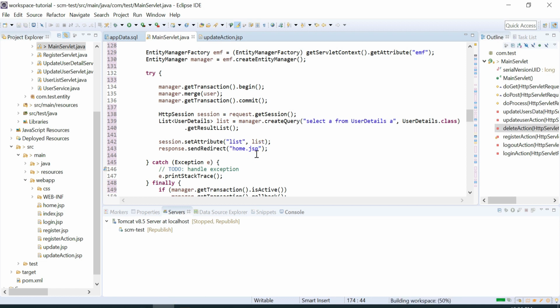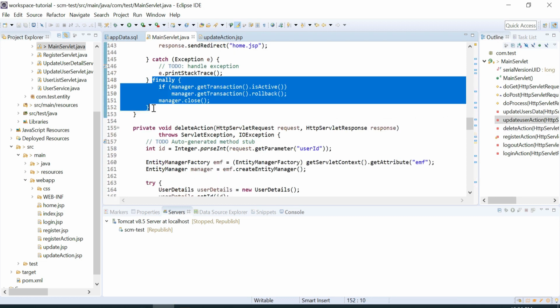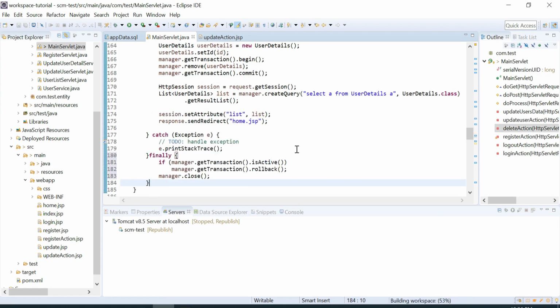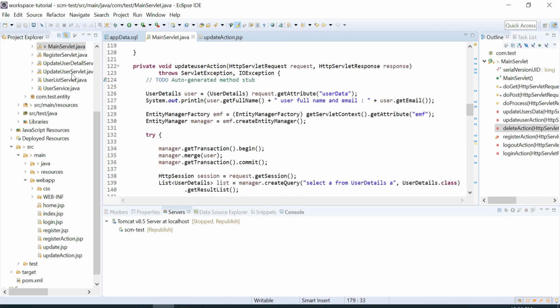I have formatted this block. Code formatting. Okay, let's run this.